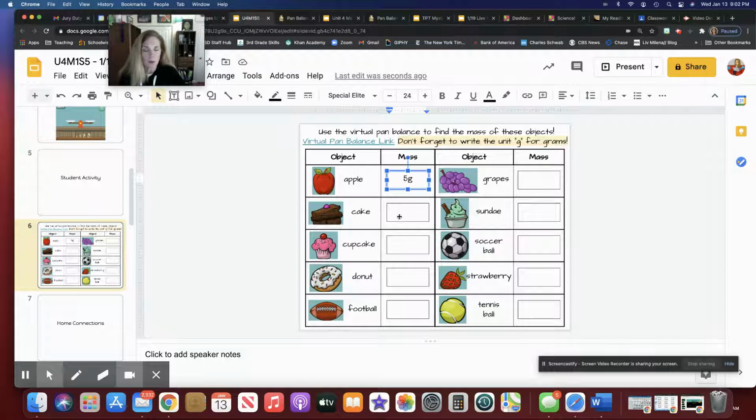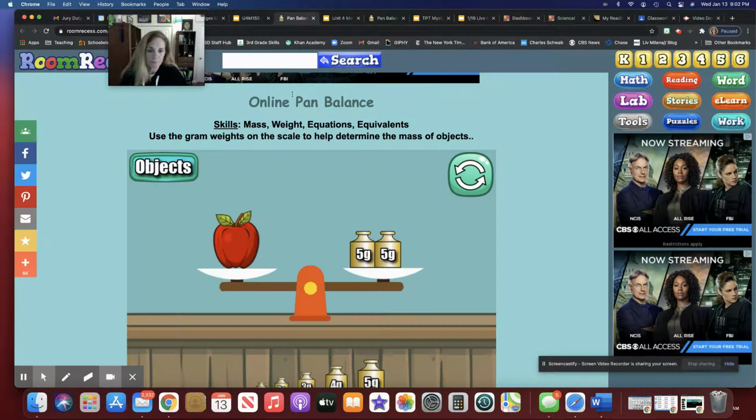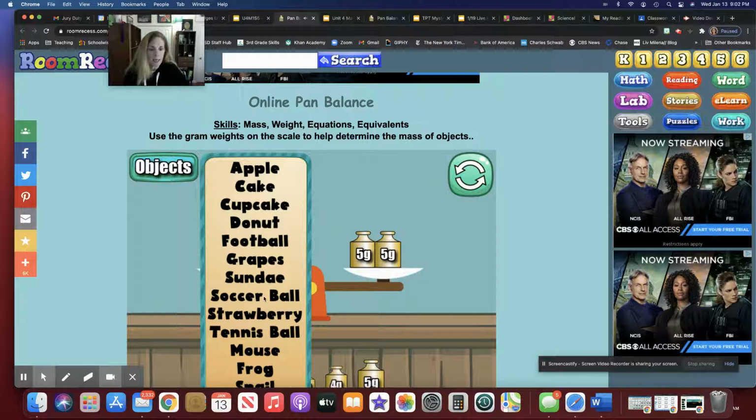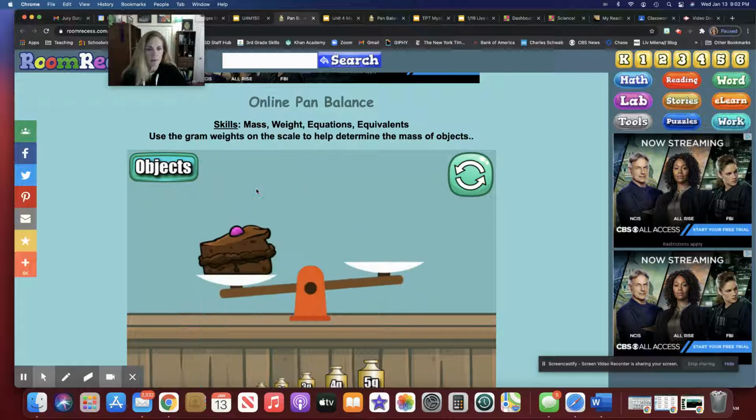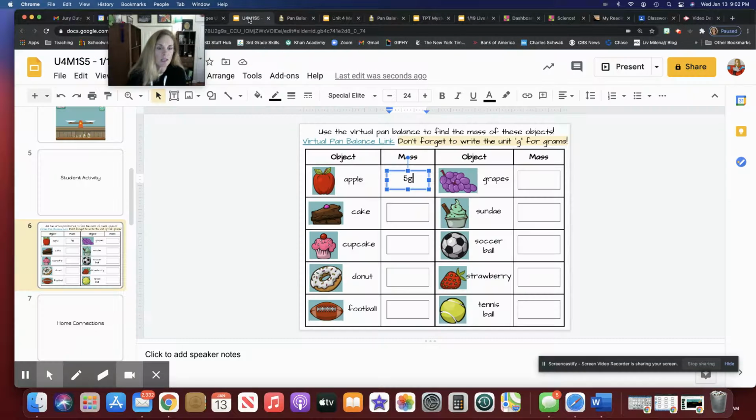And then I'm just going to go to the next one, cake. So I'm going to go to my pan balance. And this time I'm going to click on objects again. Look for cake. There it is. And this time, instead of weighing an apple, I'm going to measure, not weigh, but measure how much mass the piece of cake has. And you're going to do that for each one of these things on slide 6. When you're finished with slide 6,